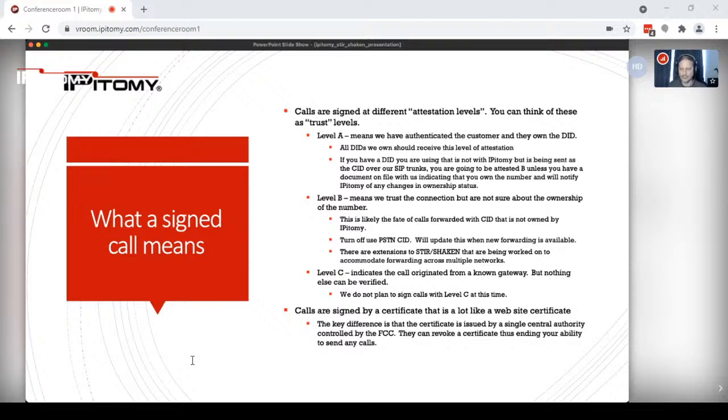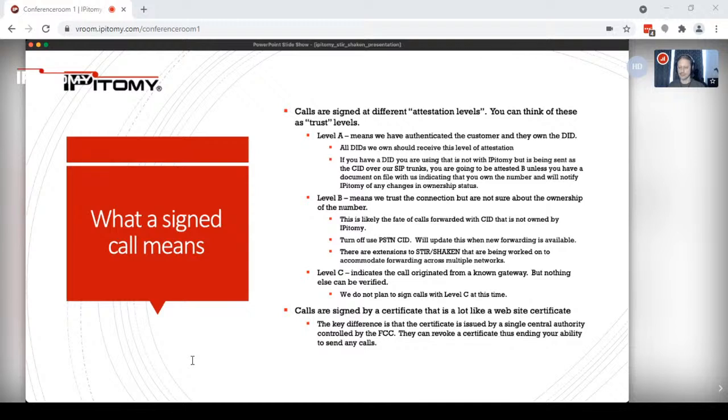so if you have some other number that's hosted with some other provider and you're sending it over our SIP trunks, we're going to have to attest that B unless you have a document on file with us indicating that you own the number and that you're going to notify Epitomy of any changes in the ownership status. That way we can sign your call as A if you prove to us that you own the number. That's really the only way that we're going to be able to sign them as A,